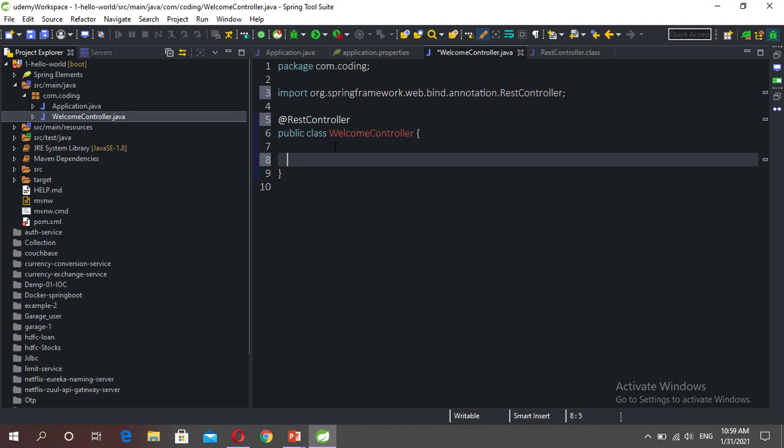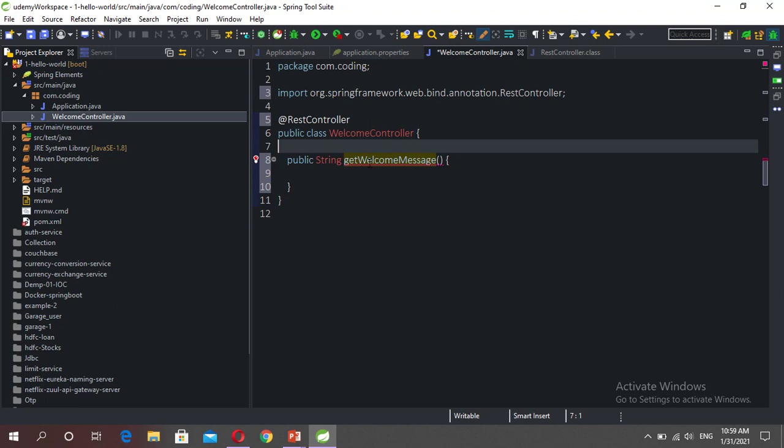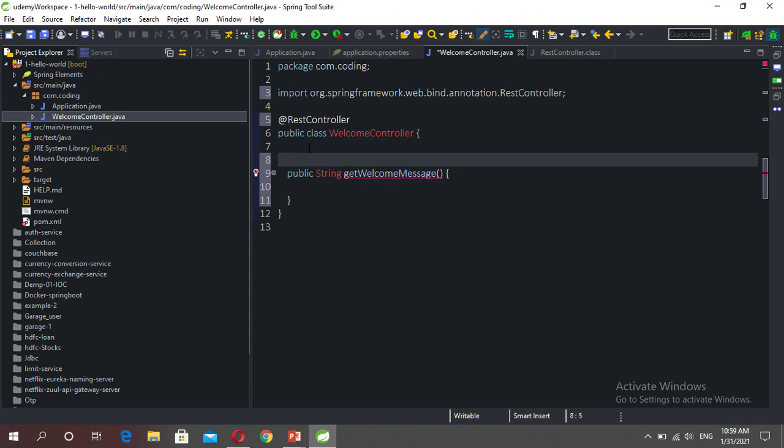So we will create one simple method, public String getWelcomeMessage. If you want to access this method, you need to map this method with an HTTP method. In this method, your requirement is to get a welcome message, so map this method as GetMapping.